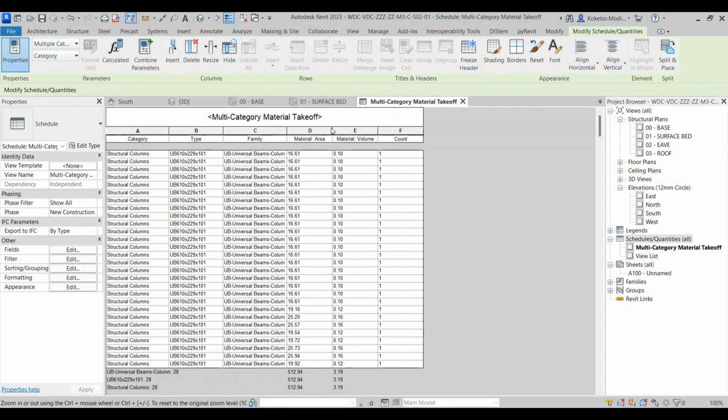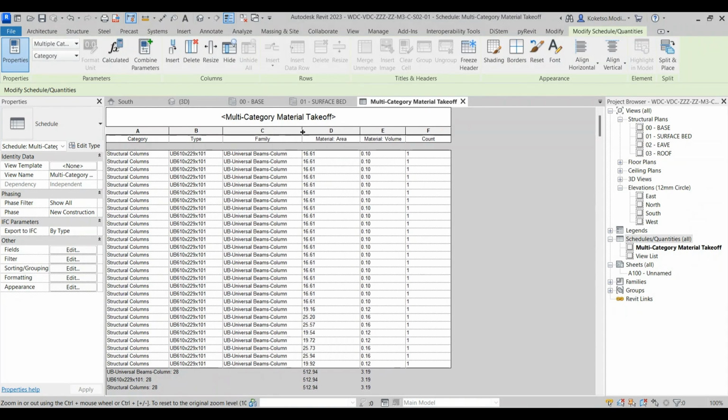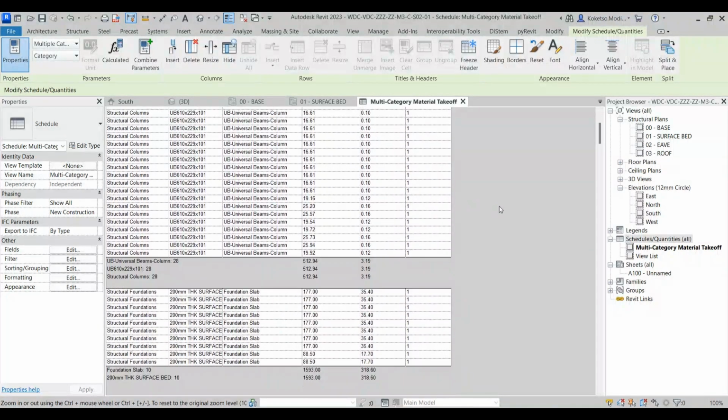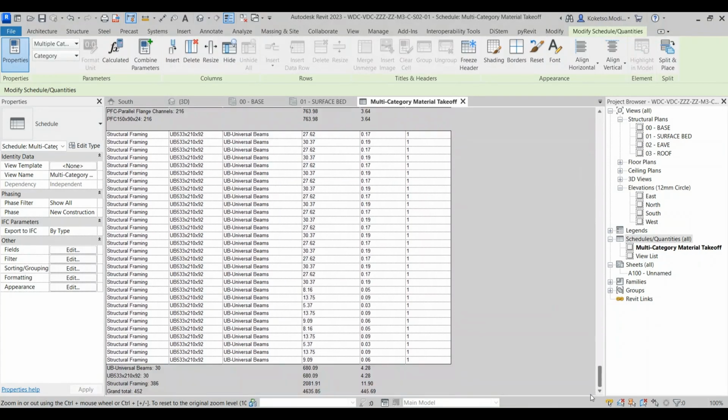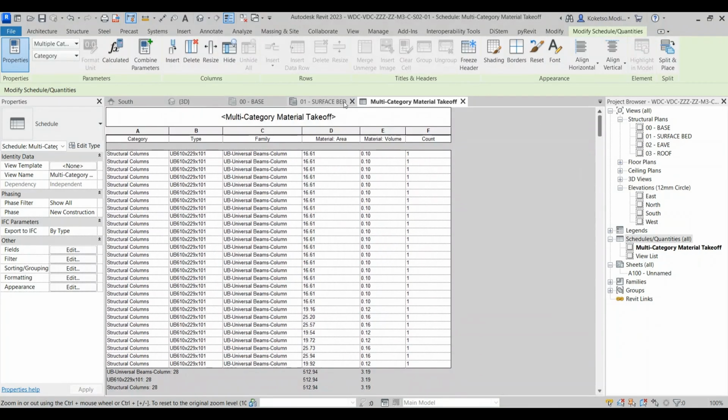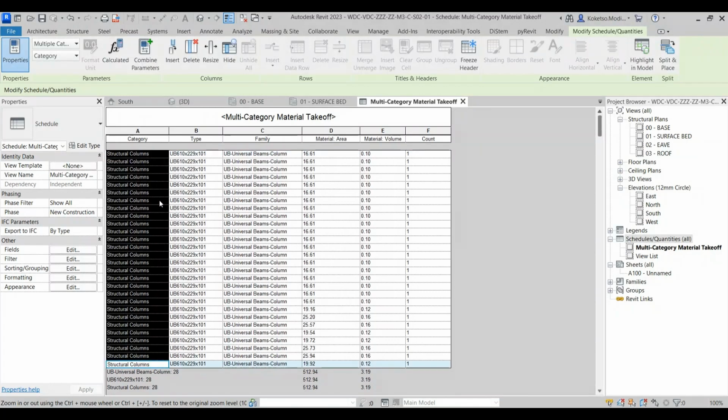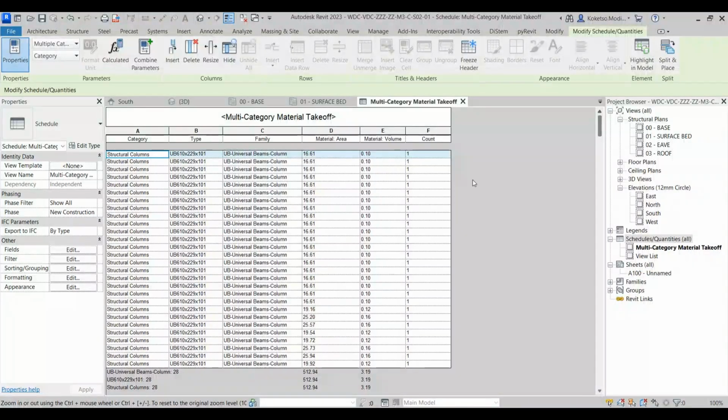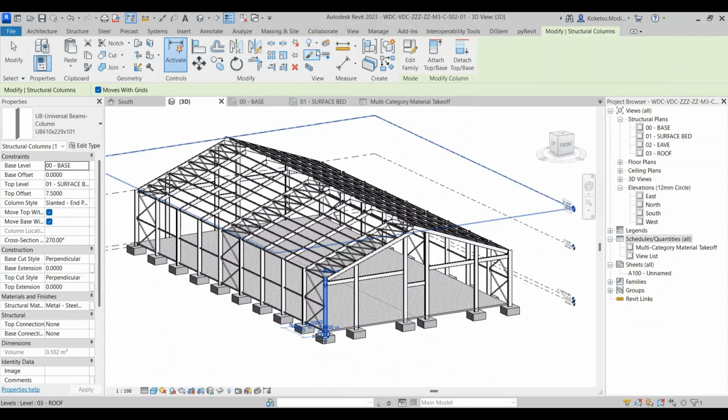Now our schedule is generated. So the only thing left for our schedule to include is our Uniclass classification system. Now I'm gonna go back to, I'm gonna select my columns first and say shift, and then if I select one, everything is gonna be refined. So I selected my column, and then